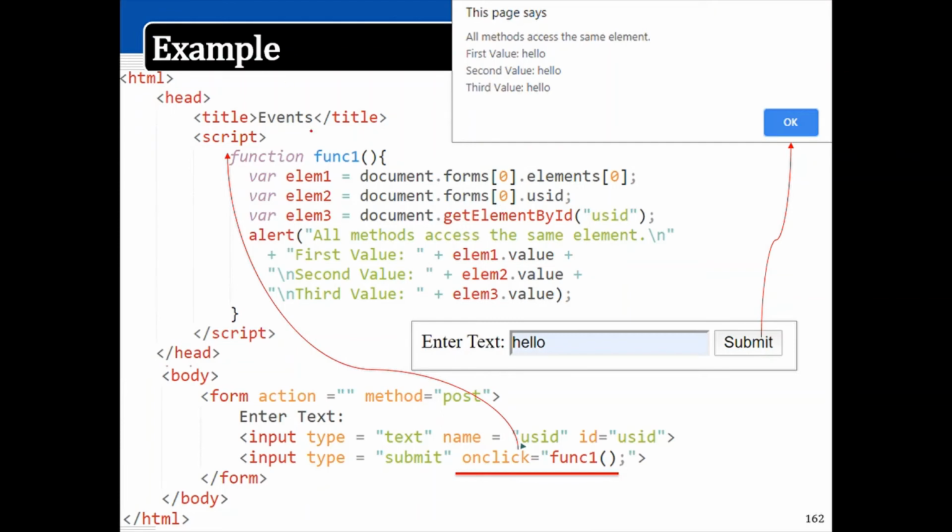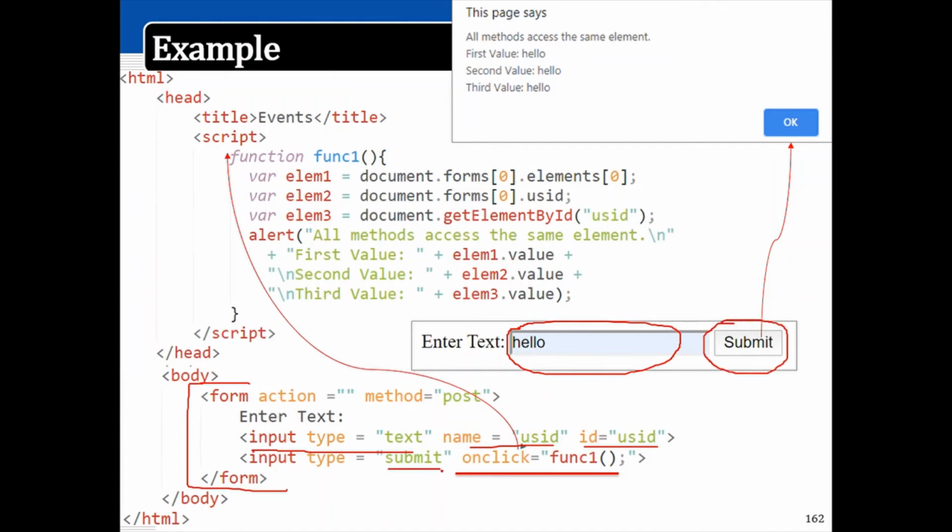So here is an example. This example contains a form where there are two elements. Input type is equal to text, name is equal to USID, and ID is USID. So there is a text box over here. Then I have another element, which is a submit button.